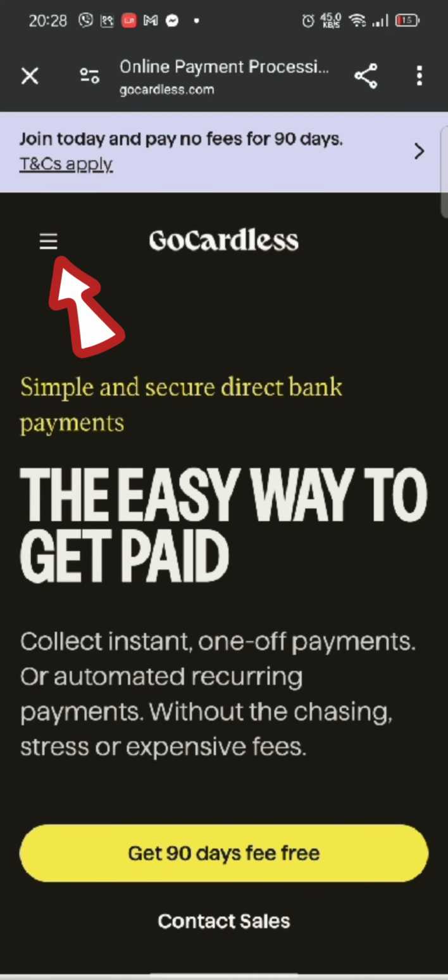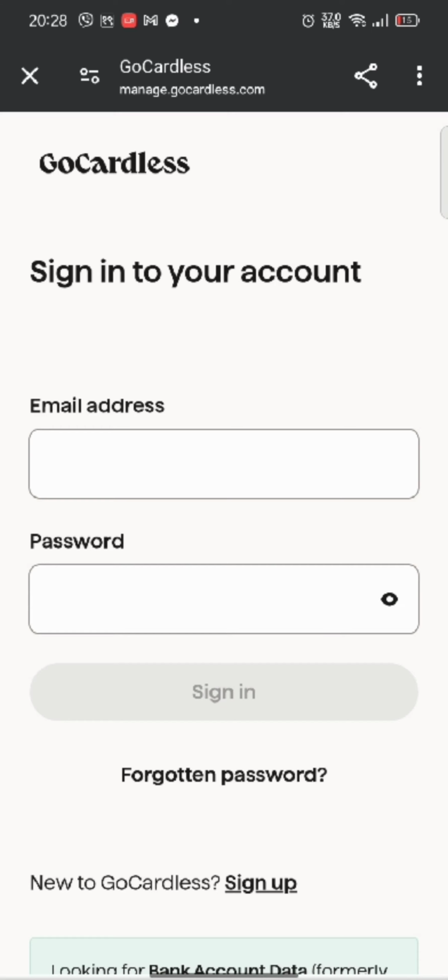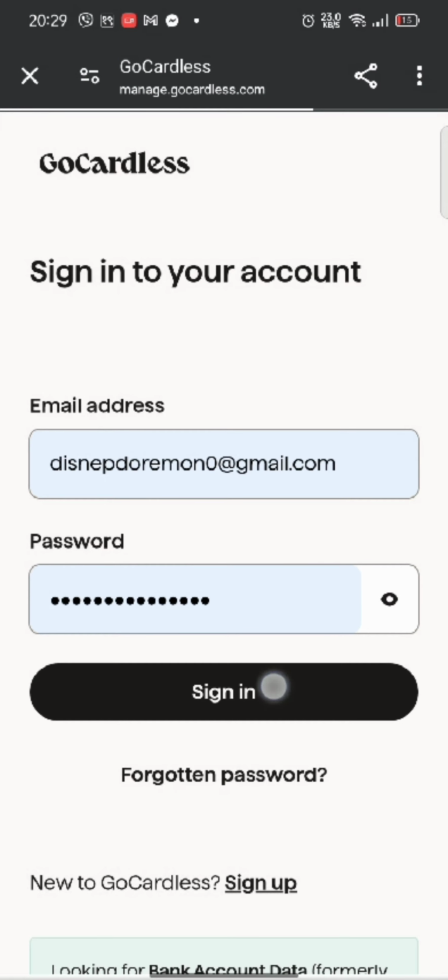Click on three lines at the top left corner of the page. From the displayed options, tap on Login. Log into your Gocardless account using your login credentials and you will end up on the home page of Gocardless